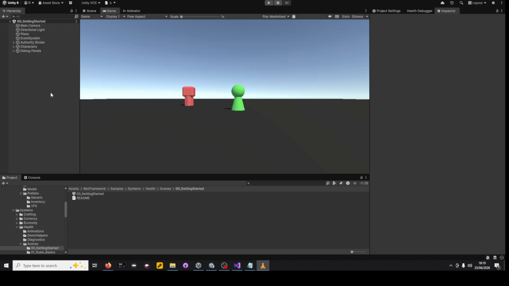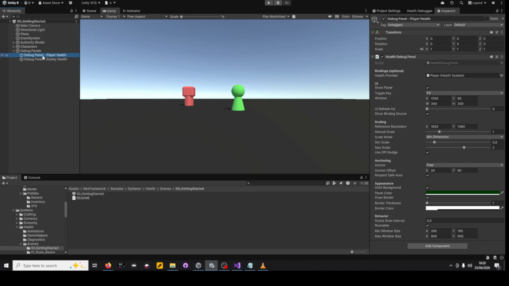Alright, in this first health scene, we're not starting by digging straight into the core health system code. Instead, we're starting with the practical runtime setup that's used across the health demo scenes. So this isn't really a teachable panel in the same sense as some of the other RevFramework demos. This panel is more of a runtime debug and support utility that lets us quickly inspect and drive common health